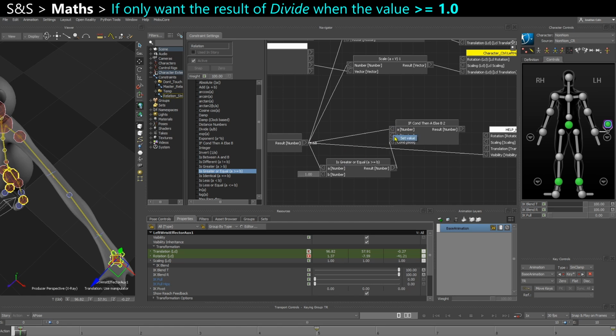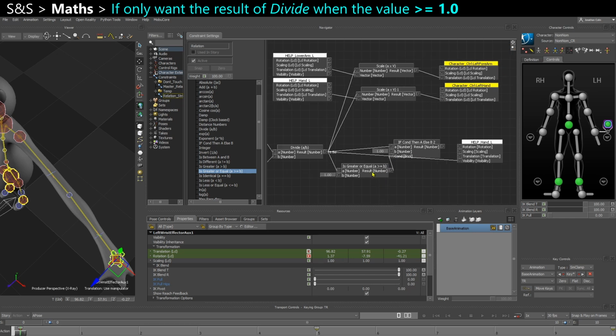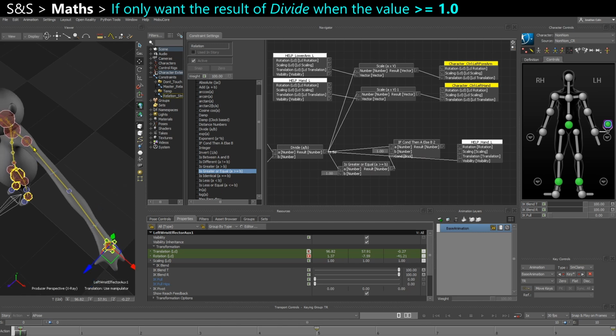Otherwise, we can set a value of 1 directly. So we're not scaling the arms if the distance between the shoulder and the auxiliary effector is less than our original length. So let me plug that here as the new number